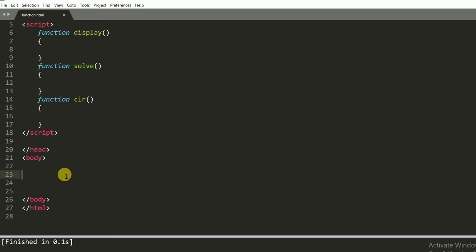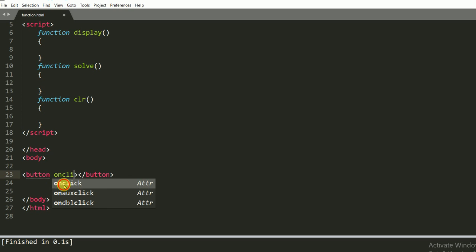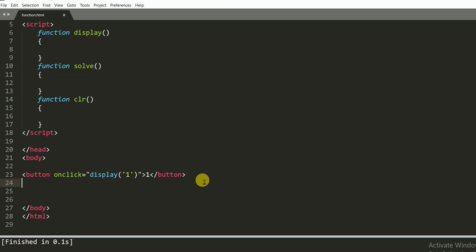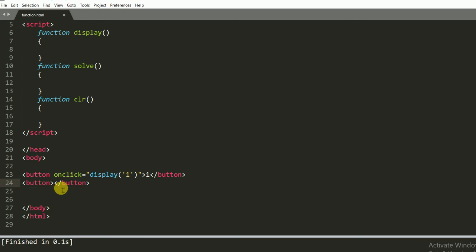So I need to make a button where on click of the button we need to display and pass value 1. And one more button I take for 2.